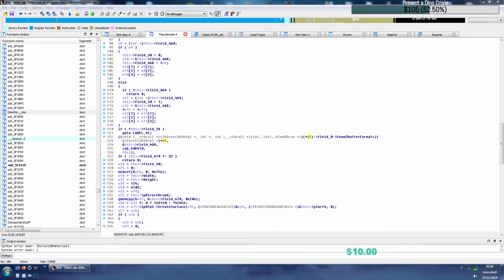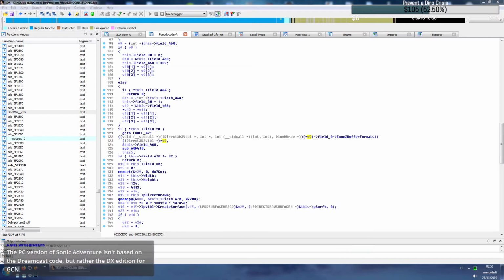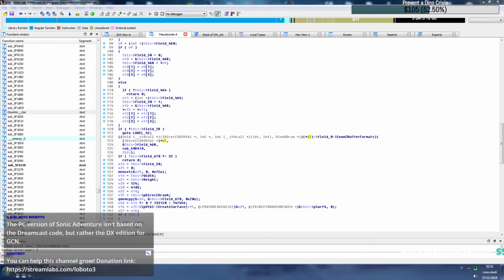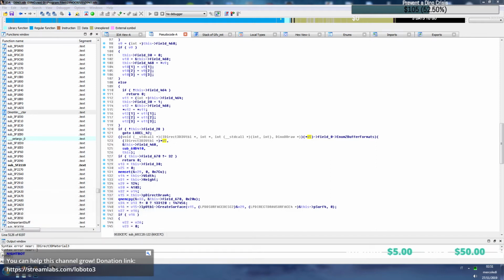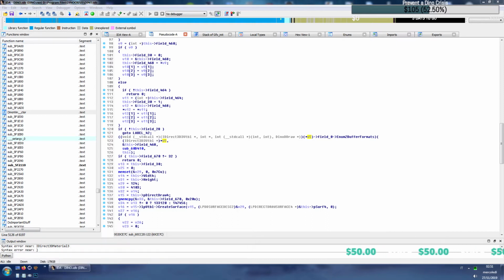So you basically just create a DLL which injects into the game, and then that's where you start from. Once you have the DX version decompiled, you can probably start restoring Dreamcast contents. I don't know what is the difference between those, but I don't think it should be that much different, I guess. I mean, it could be, but